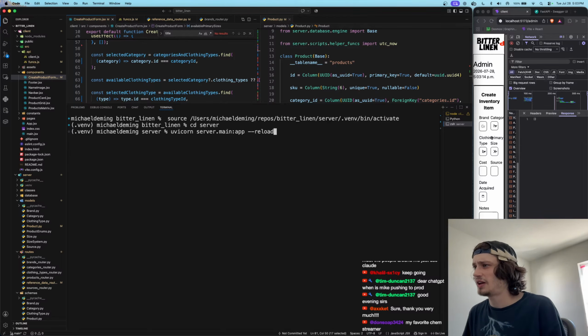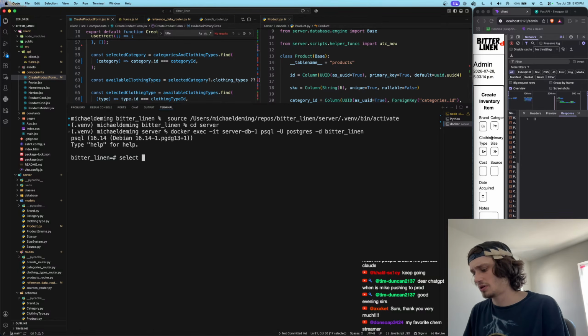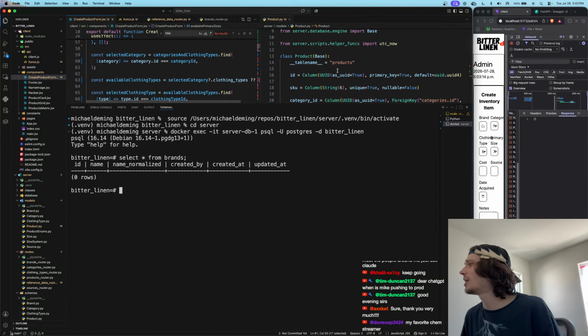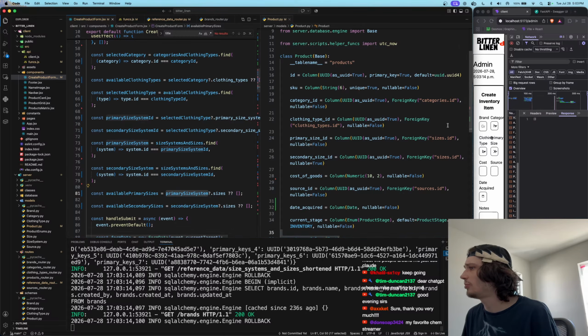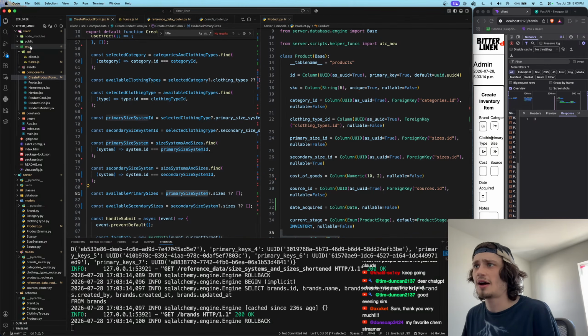Let's try to find that old psql command. For Docker, here it is. Let's select all from brands. This should be empty. Yes, that's why. Beautiful. So we have no brands being sent. Now let's go ahead. Let's reset